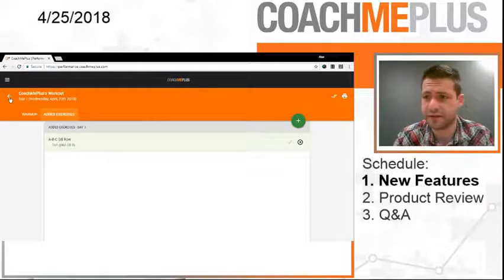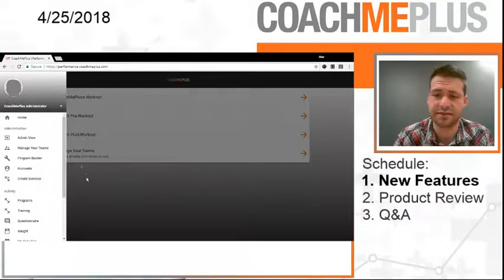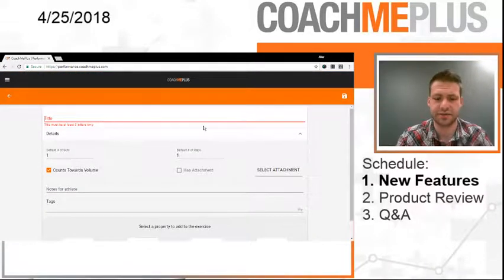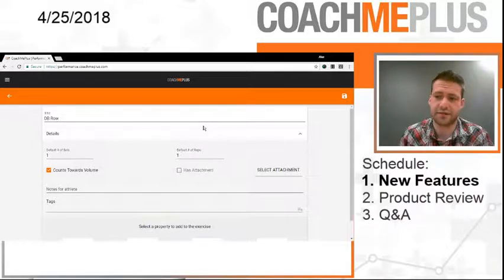The third and final new feature that CoachMePlus has put out is, again, right in this app view, available on desktop and on mobile, the quick create exercise. So you have a bunch of different options over here on the left. What we're going to do is select create exercise, and then it'll take us right to the create exercise screen. So if I just wanted to do a dumbbell row similar to what we just added,